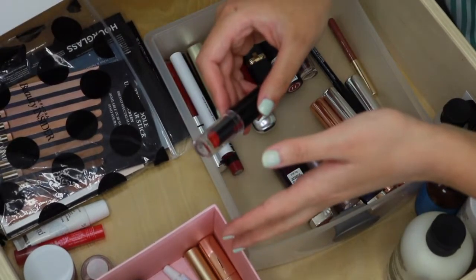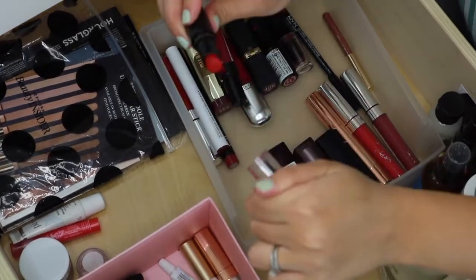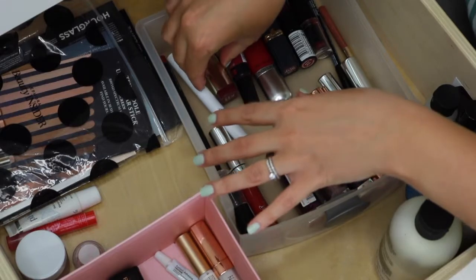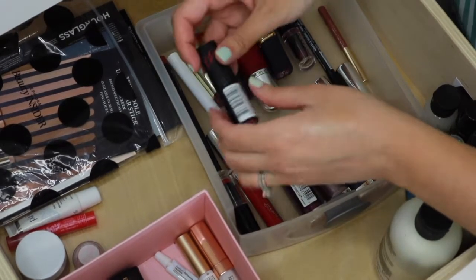Just to talk about this super quick, I love this Wet n Wild lipstick in Stoplight Red. Beautiful red shade. This is like $2. It's just amazing. Again, I'm not going through all of these. Man, this is hard. I'm gonna get rid of the other Rimmel Kate lipstick I have because this is in